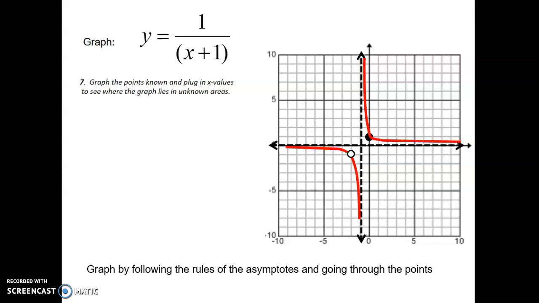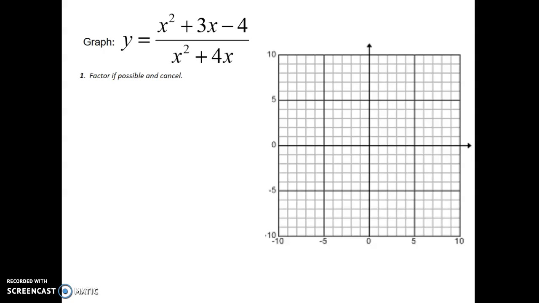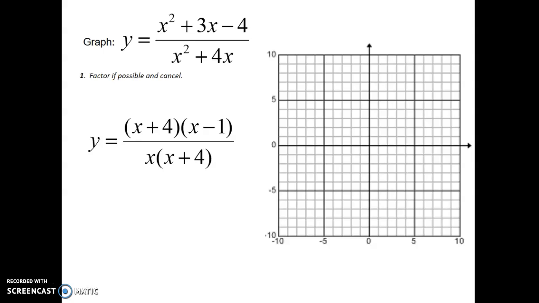Last one. Again, we're going to factor and cancel if possible. So we can factor this problem. Here's the factorization. You have x plus 4 and x minus 1 on the top. Then you only have to take out an x on the bottom, and you're left with x plus 4 on the bottom as well. So that means the x plus 4's can cancel out, and we're going to be left with x minus 1 over x